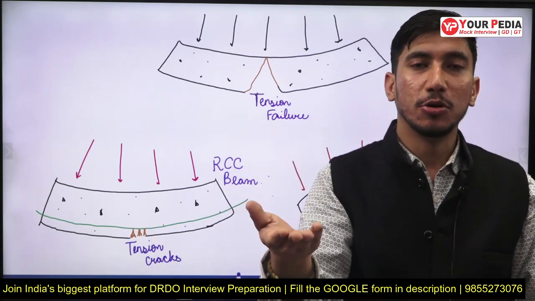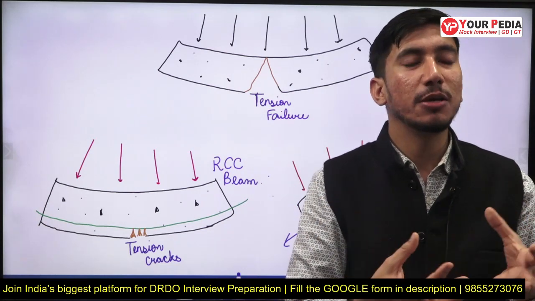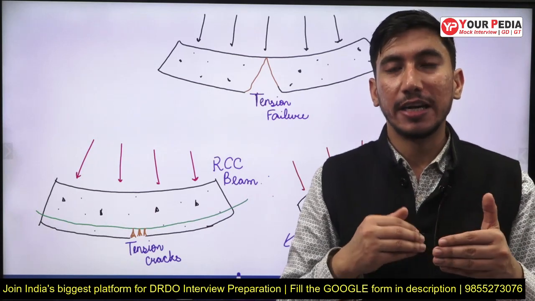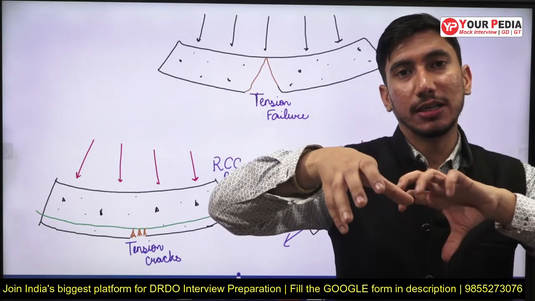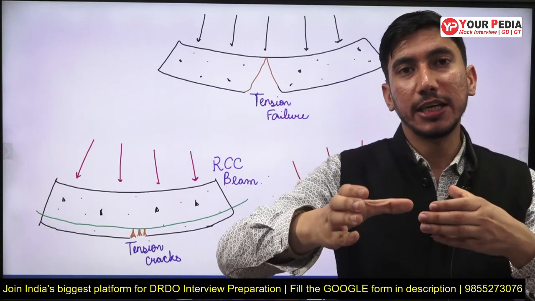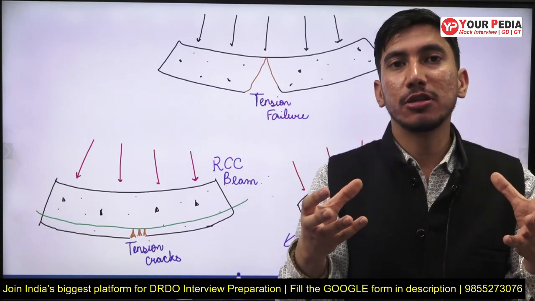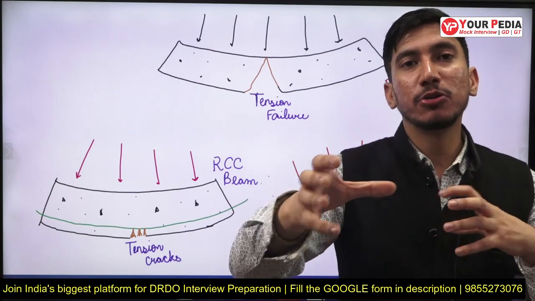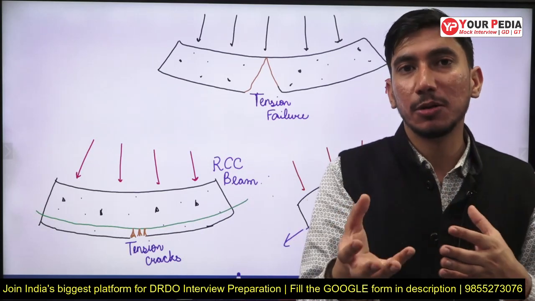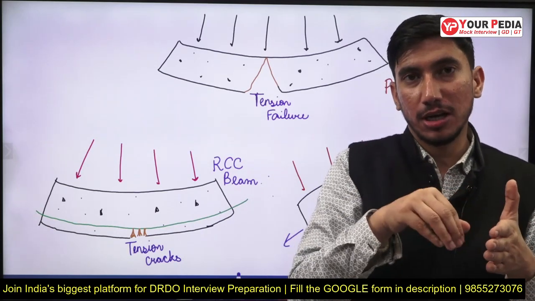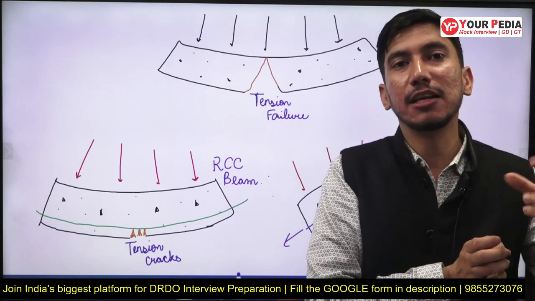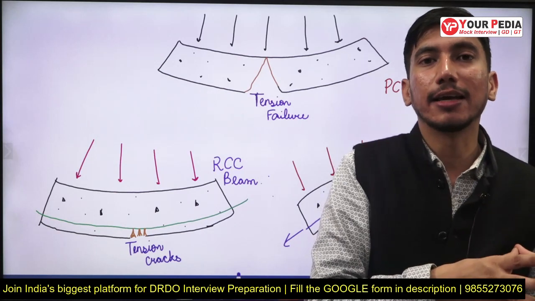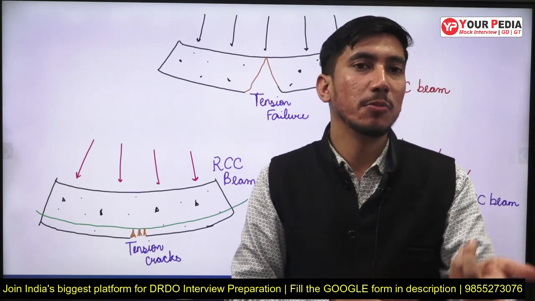Here in roads, the steel is not provided with the primary intention of saving it from tension. It is provided for linking two different pieces of concrete, because there is going to be some expansion joint in between, and these two units will behave as separate units. So in order to connect them, we usually provide dowel bars or something like that. Sometimes we provide a little bit of steel for taking tension also, for preventing localized tension and localized cracking, but the area of that steel will be very less.